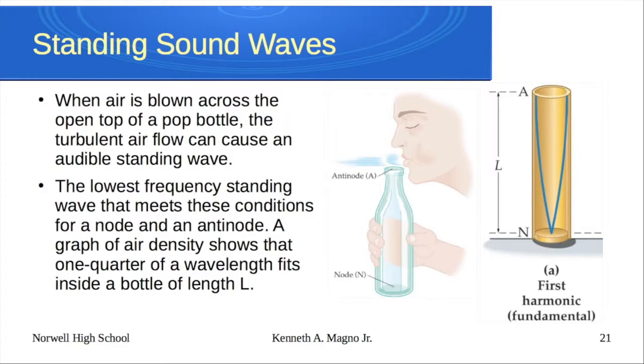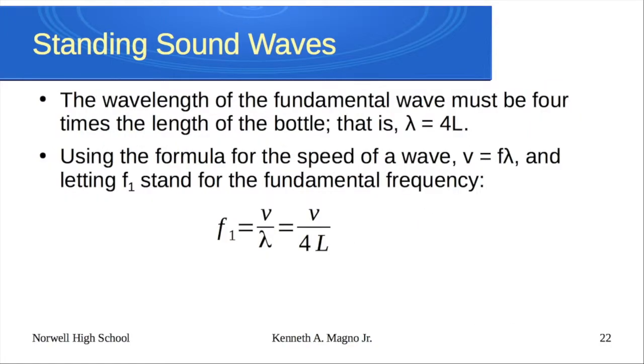Okay, so I end up with my first harmonic, or my fundamental, being that length there is about a quarter of the wavelength. So lambda is equal to 4 times the length. All right? And again, if I go through this whole process of using v equals lambda f, I end up that the fundamental frequency will be equal to the wave speed, which for air will be the speed of air, 343 normally for room temperature air, divided by 4 times the length of the tube.